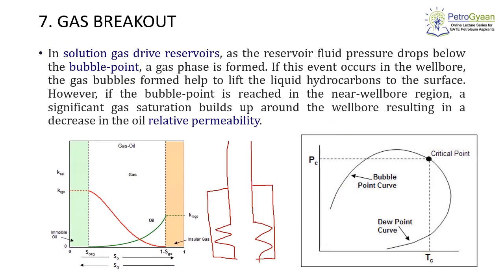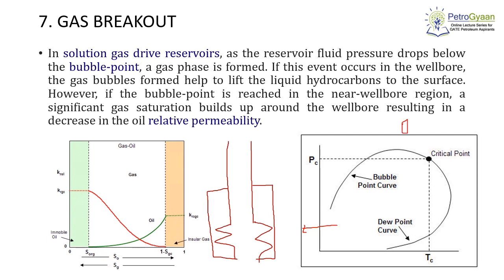So our next damage mechanism is gas breakout, which is more or less a production related damage mechanism. Let us assume that our reservoir is a solution gas drive reservoir. In such a reservoir, we try to keep our reservoir pressure at bubble point pressure or above the bubble point pressure, so that we can utilize the energy of gas that remains in the oil phase. As we produce more and more, as the reservoir pressure declines, that gas will expand and push the crude oil to the wellbore. Now suppose in the initial condition our reservoir pressure is above the bubble point pressure.